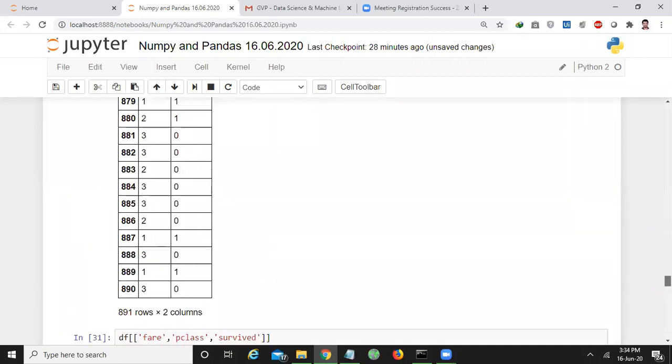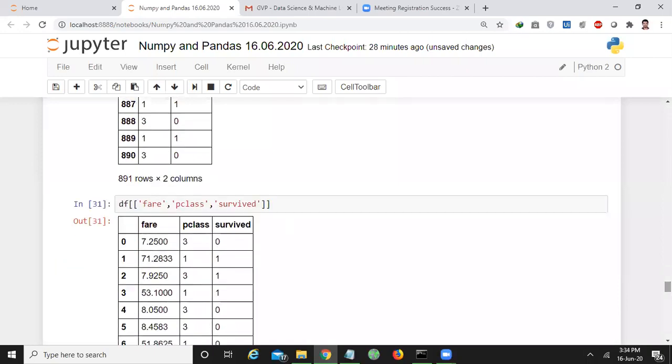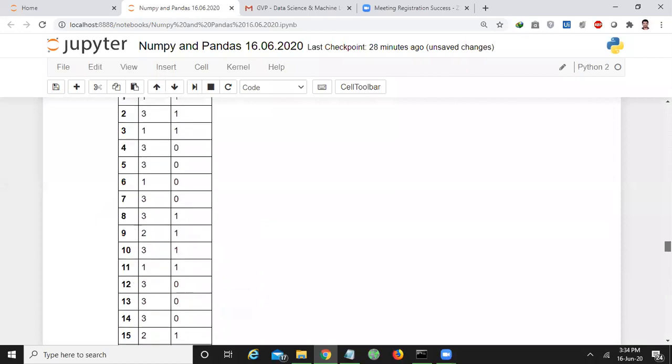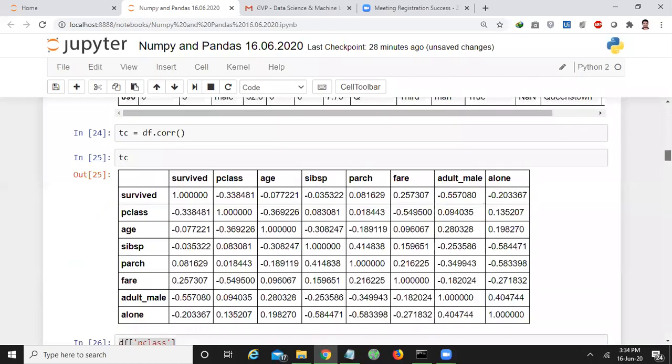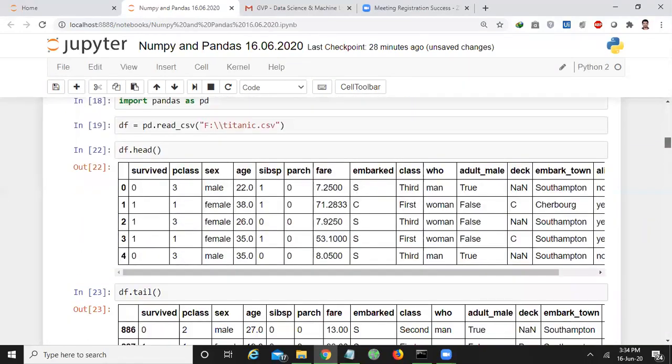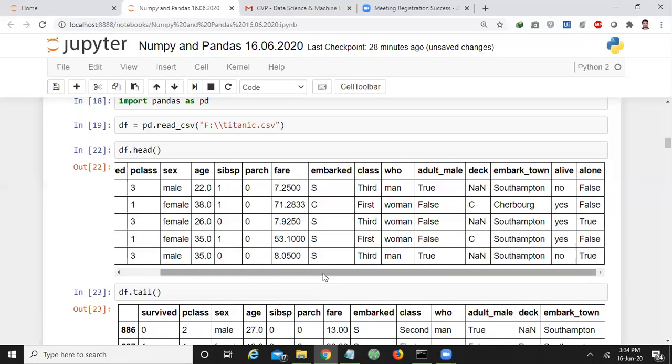You may ask, sir, what is the usage of doing like this? Why should I separate these columns? If you observe the original data frame, how many columns are there here? 1, 2, 3, up to 15 columns are there. Am I right? 15 columns are there. But you are not interested to study all the 15 columns.